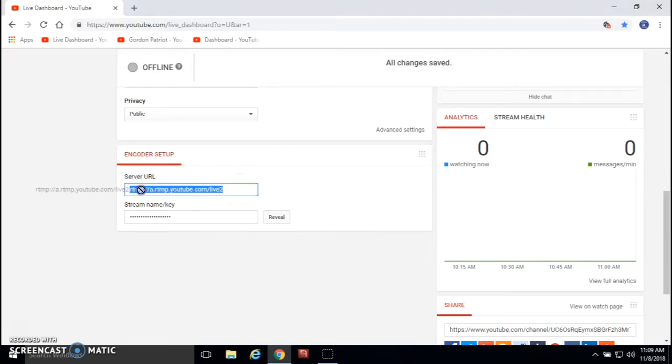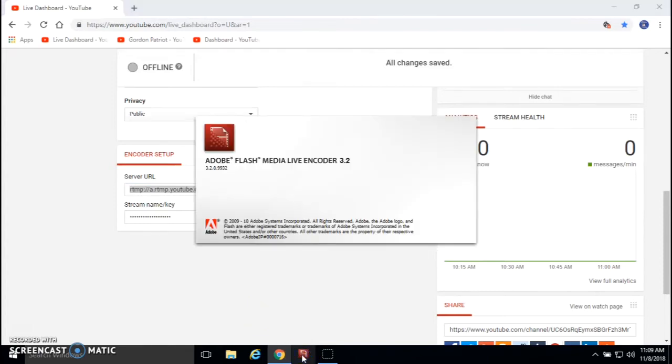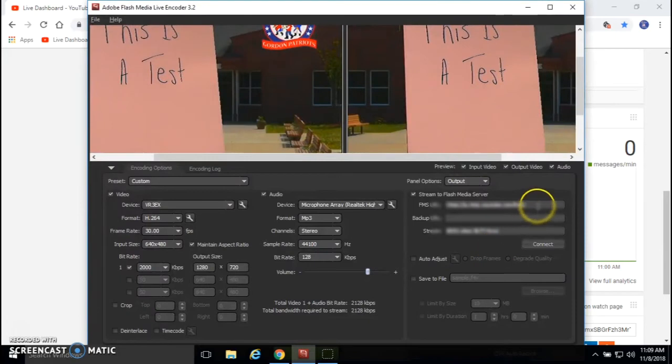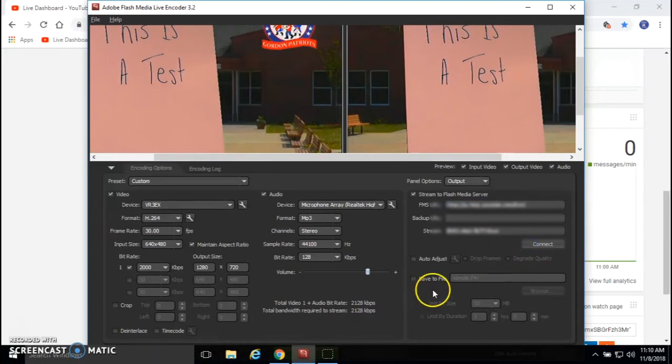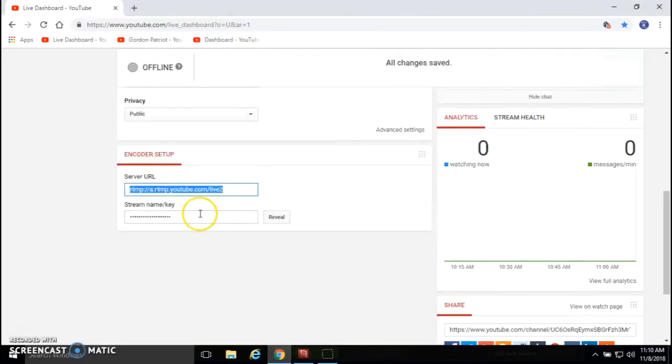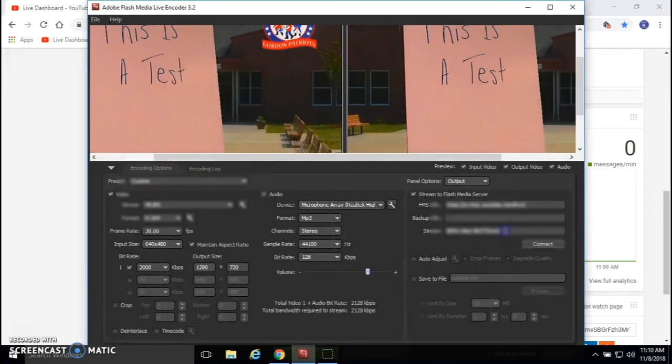So I'm going to copy my server URL and make sure that it matches the server URL I have in Flash Media Encoder. I should only have to do this once or twice. I'm going to gray this out later on because that's my stream key. I'm also going to go back and copy my stream key, but I guess I have to reveal it first. Copy my stream key and go back and paste it in over here for the stream. Shouldn't have to do that every time. I'm also going to connect. Okay, so I've got all that done. I'm going to go back over here